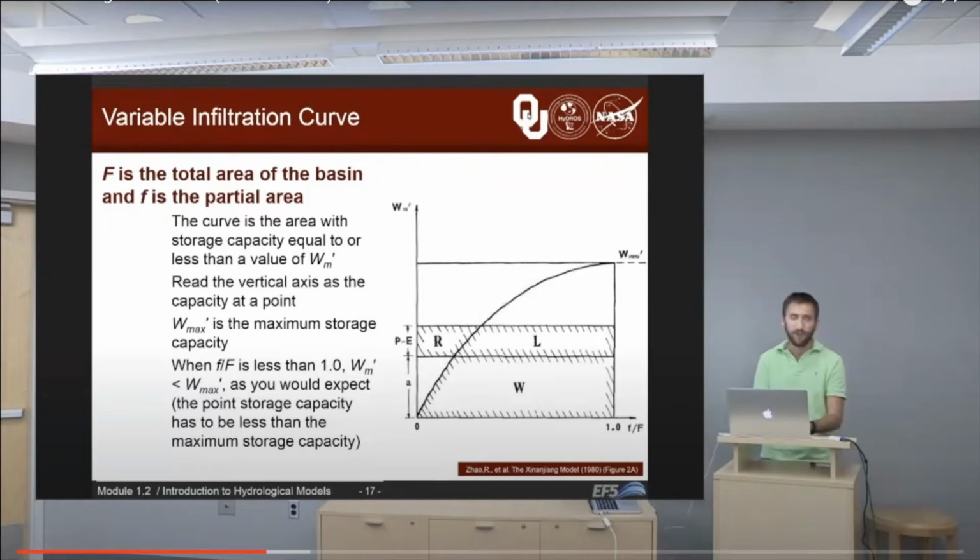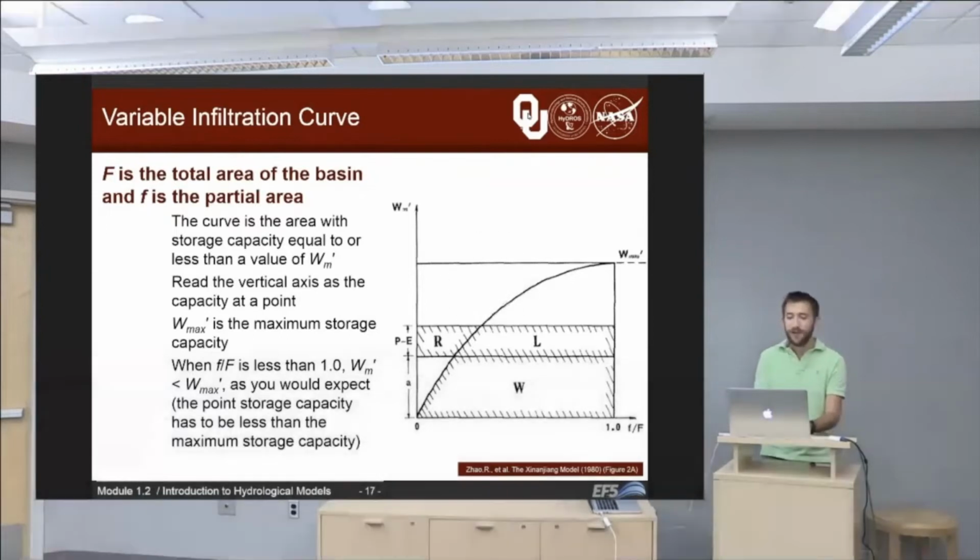That involves soil and its infiltration capacity. So F, which you see down at the bottom right of this figure, big F is the total area of the basin, and little f is the partial area, or the area